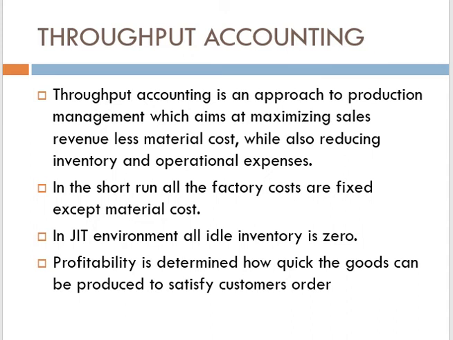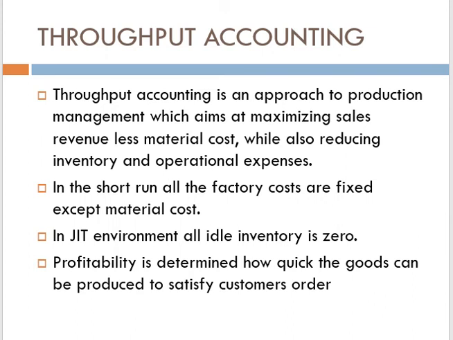What throughput accounting explains here is that there is a need to follow a just-in-time environment, where goods should be manufactured when there is a need for that product, and the materials or labor should be used or refilled exactly when the product is supposed to be manufactured, instead of buying materials and keeping them in stock idle, which brings zero profitability and no way of maximizing profit. Always, products are supposed to be manufactured when the customer orders them.